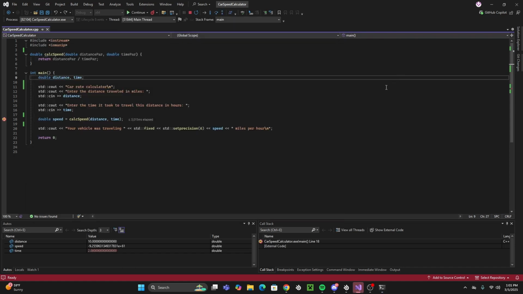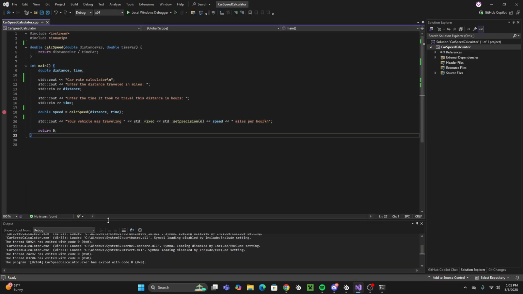2. Here we go. And then yeah, speed is 5, and that is